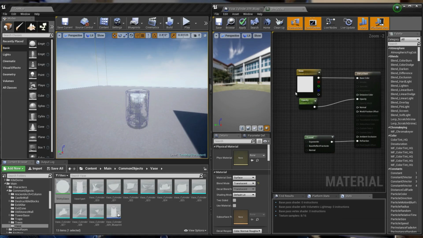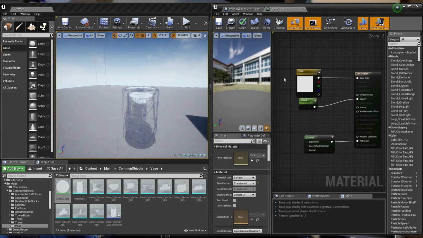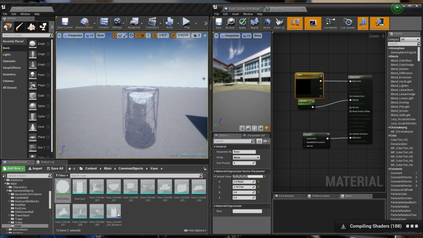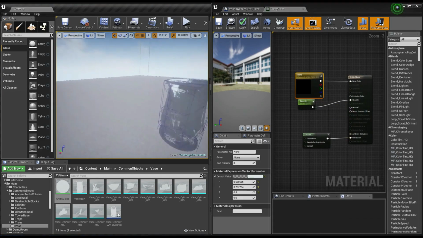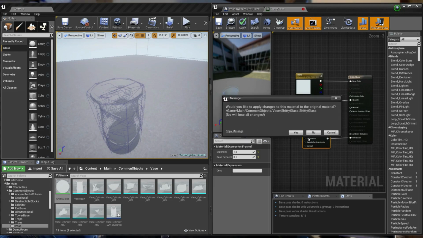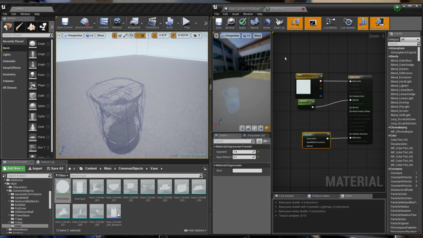Why would I call it Fresnel when it's French? So exponent 1.5 for glass. You could put 1.45 if you want, but